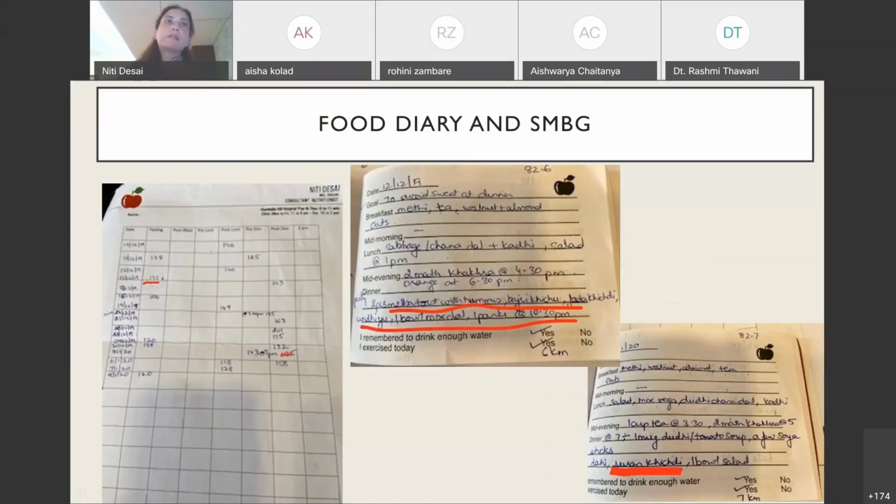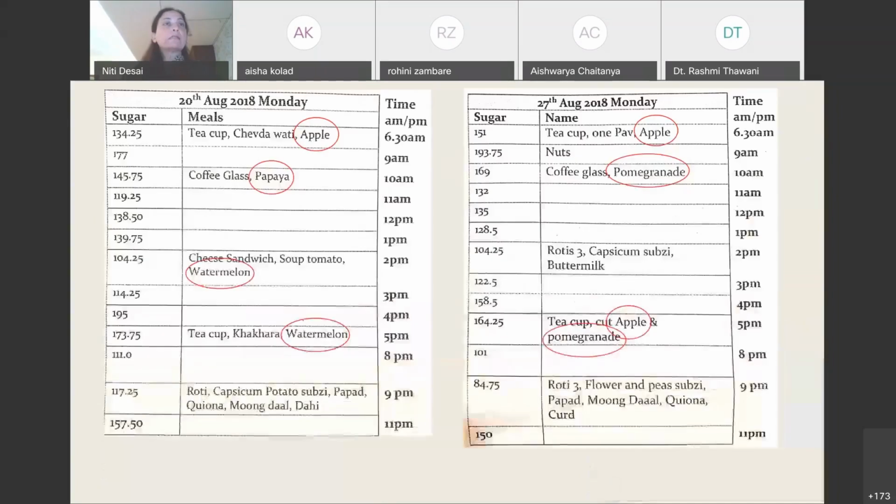For diabetics, for example, we also give them an SMBG chart, and patients are immediately able to realize that between the food that they ate and the sugars, there is a direct reflection. So it works as an excellent education tool. This is somebody who has kept it on computer, again a food record chart, and it was so easy to identify that he was having fruit with every meal, and that was what was leading to the sugar spikes. So it's an excellent tool; one must use it, encourage it.